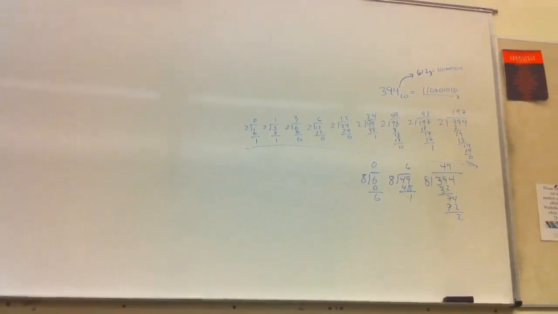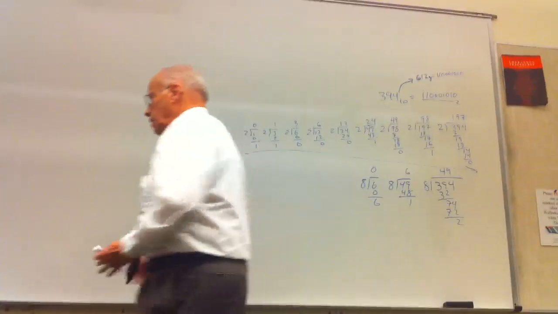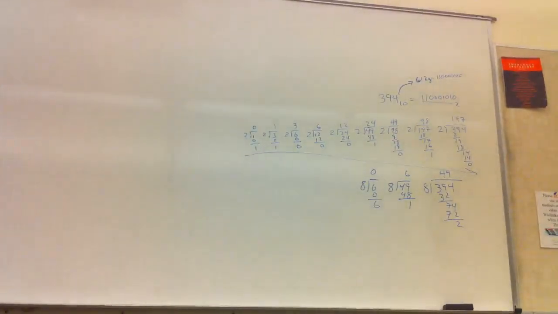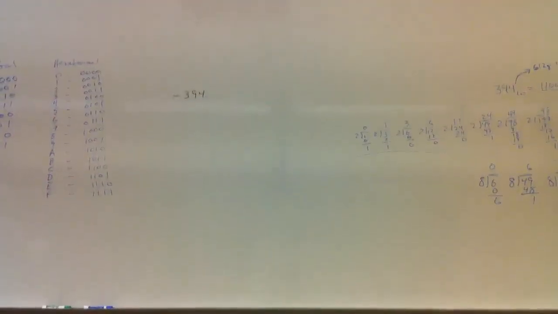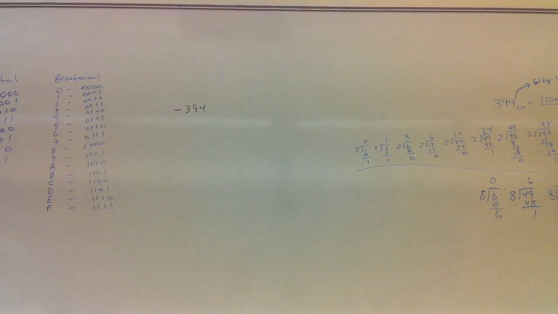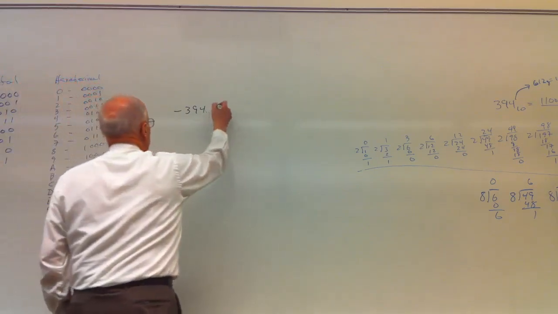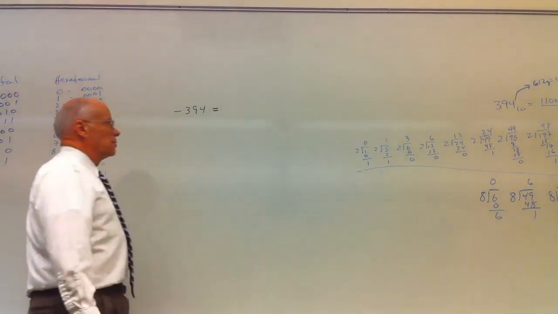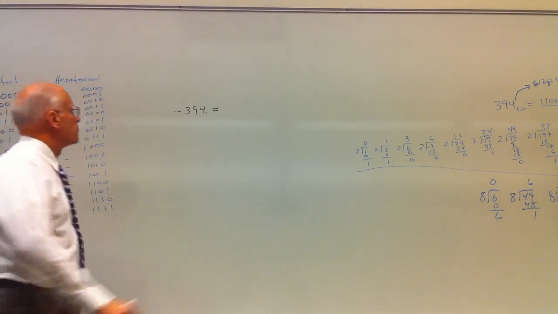So that's something to look out for. Now, to look at another one there, suppose we want to do minus 394. If you're going to do that, you have to know how many bits you're working with. You can't just say it's always going to be this. It depends on how many bits you've got. So if we work it in terms of 16 bits,